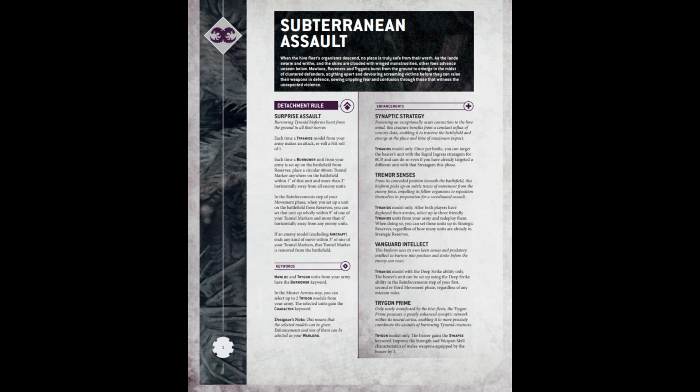The Synaptic Strategy you could put on other things. I still think you want it only on a Hive Tyrant, or a winged Hive Tyrant or a Trigon. The Vanguard Intellect actually can only go on a Trigon and a winged Hive Tyrant for a turn 1 deep strike. I would put this on a Trigon, and basically turn 1 you get to make a burrow token, and that can be huge because